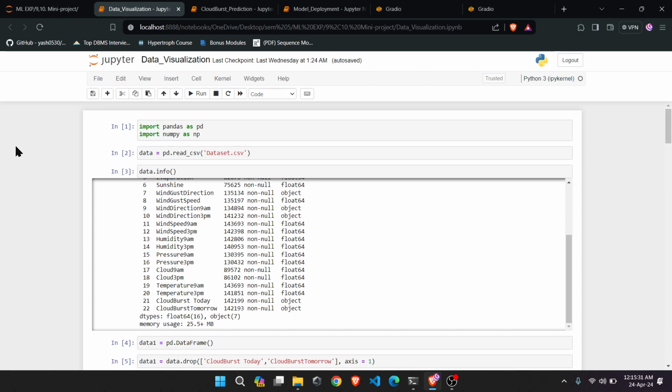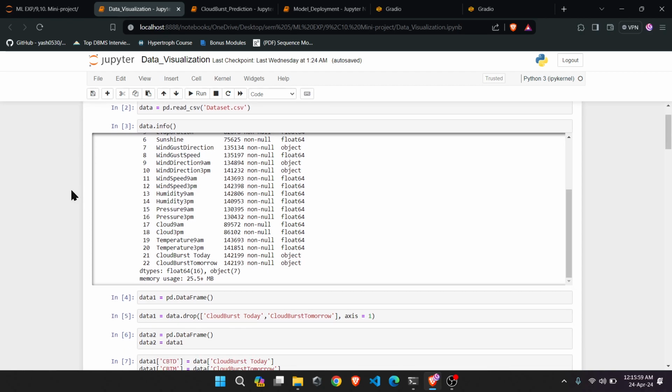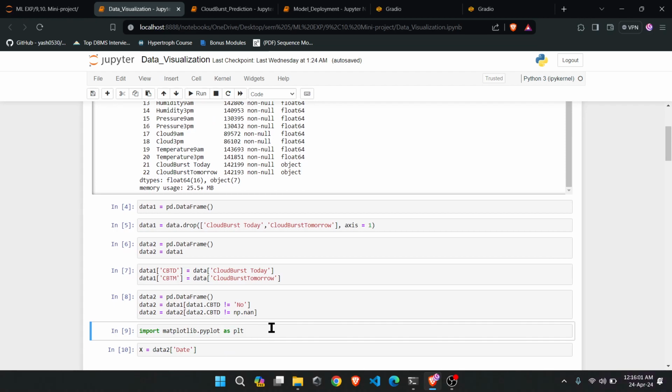The project is divided into three parts. First is visualization, second is the prediction part where I will be training the models, and the third part is model deployment, where I'll be using the model to dynamically test if the cloudburst will appear or not for a particular set of data. In the first part I've used pandas and numpy and used matplotlib for plotting the